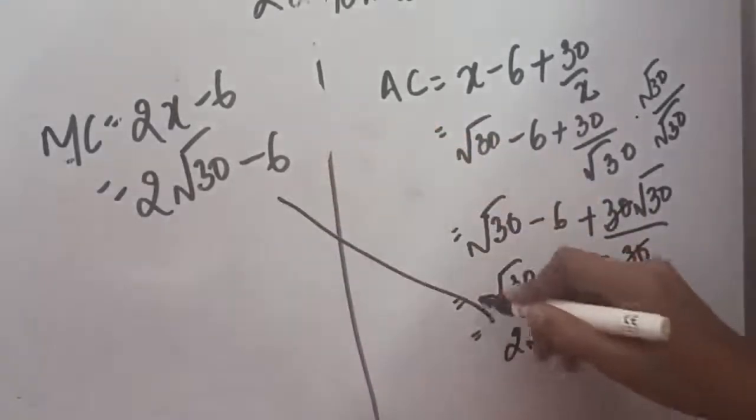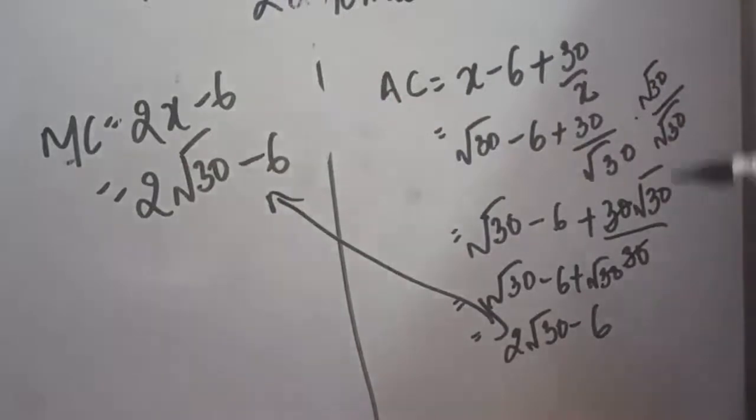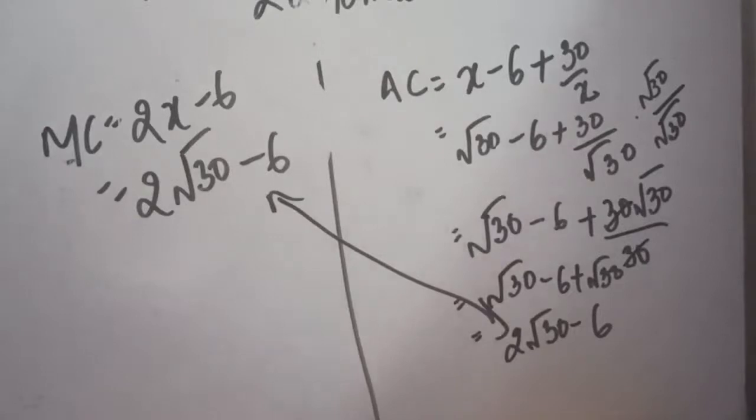So now you can see these two values are same. MC is equal to AC at which value? The value x that we calculated. So that was the minimum value. And where is the value minimum at the AC slope? When the AC curve is finishing. So the value is generally at the minimum point, the slope of AC is 0.